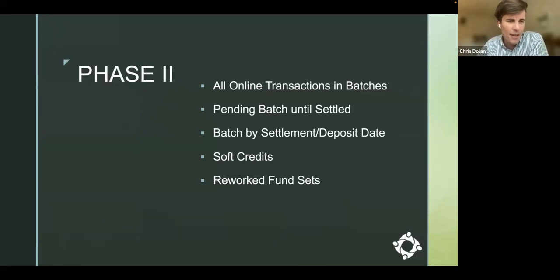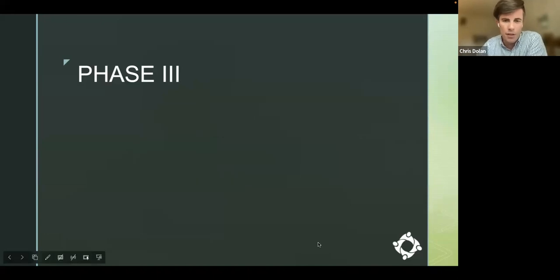So a use case of that might be if you just want to see all of your campaign funds together, or all of your general funds together, or all of your certain campus funds together, or something like that. It's used a lot if you run different statement types, or if you have, say, a different foundation or different locations. So anyway, that is going to be much easier to manage as part of phase 2 as well.